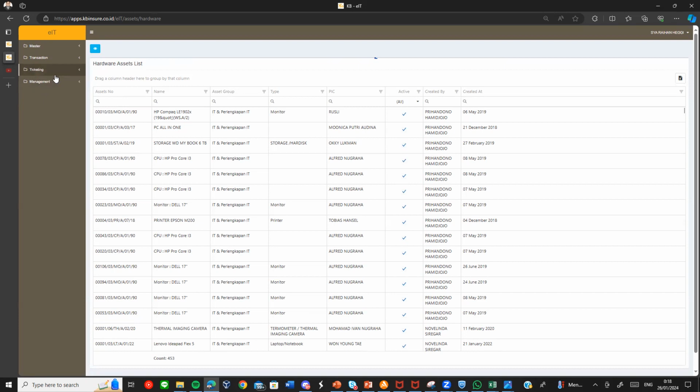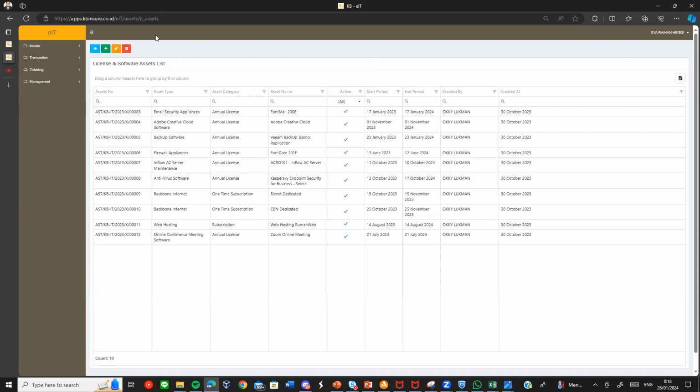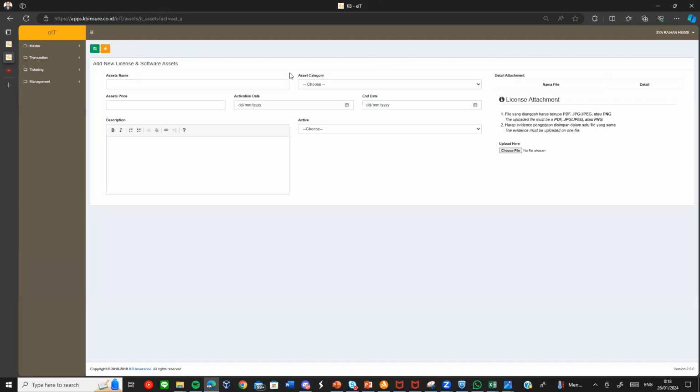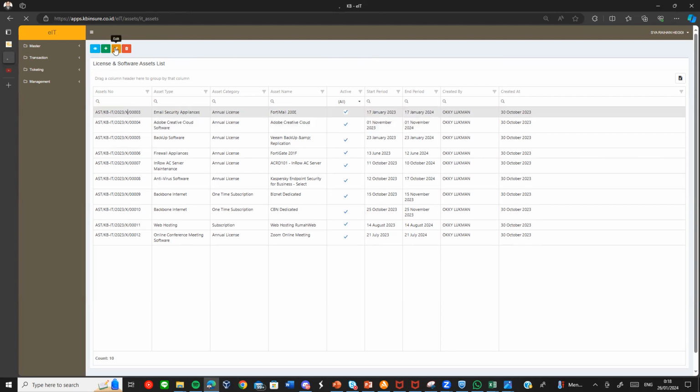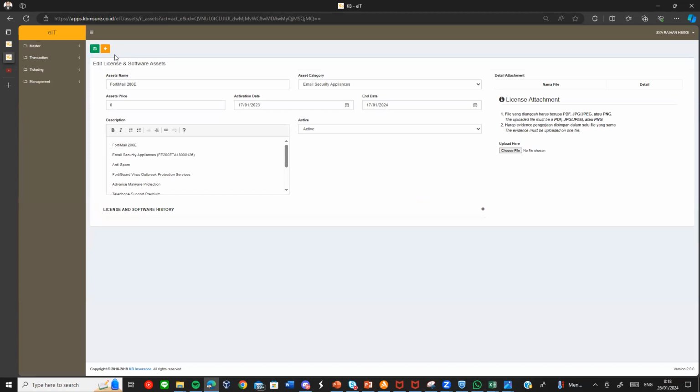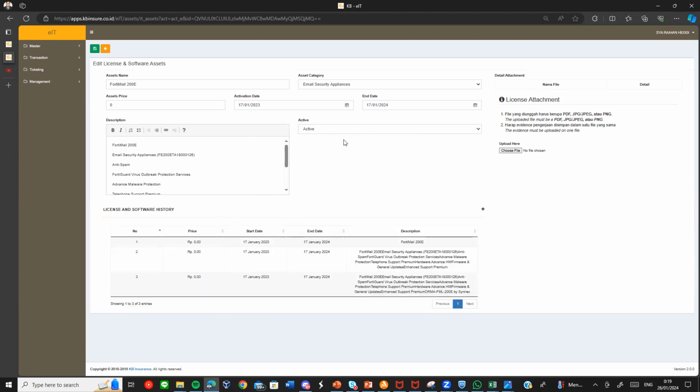Firstly, in the IT submenu, the newest one is the license and software. For this example, they can add a new request and add the attachment detail in the system. For the detail, we can see the current data inputted by Mr. Oki. For the securities, the 40 mil to 200A. There is no attachment, and this is still used by the IT. This is the active request, still an active license.